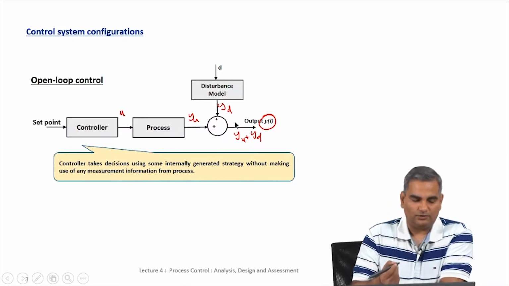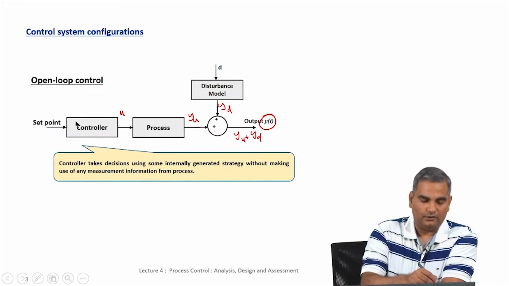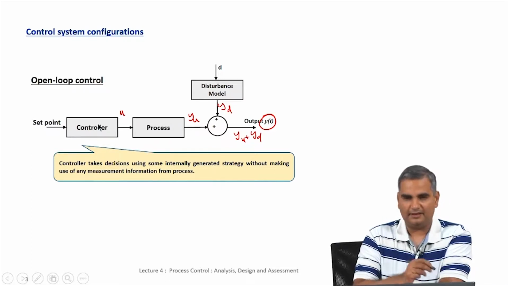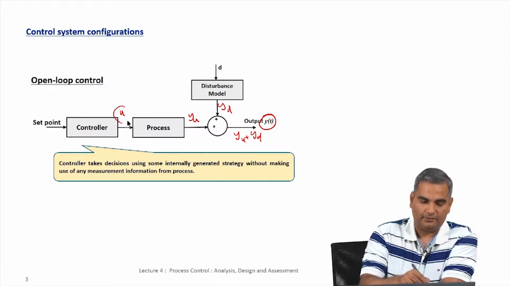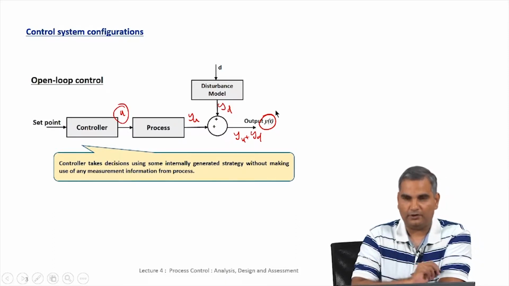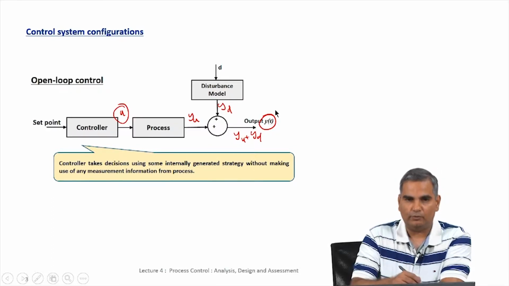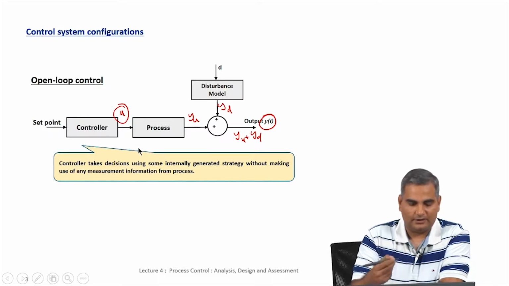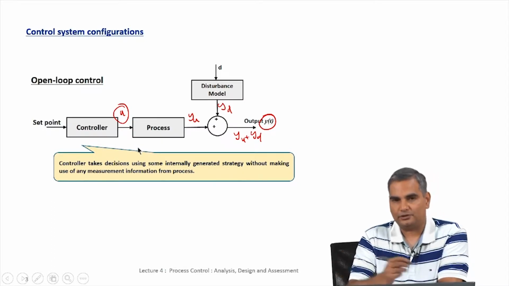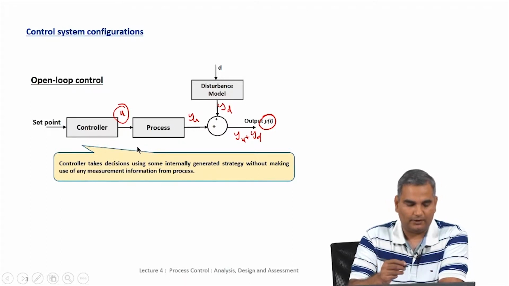So, if we talk about simple open loop control, basically what you are saying here is you give a set point to the controller and then it decides that this is the manipulated variable value I am going to keep, and then waits till the output reaches a certain value. So, if you have a notion of a model of the process, then you might say that if I keep this manipulated variable value at this level, then I am likely to reach this value for the output, and that is the basis for my controller.